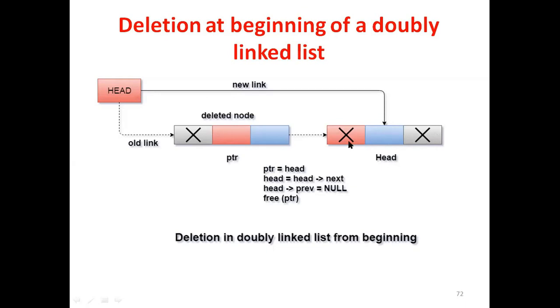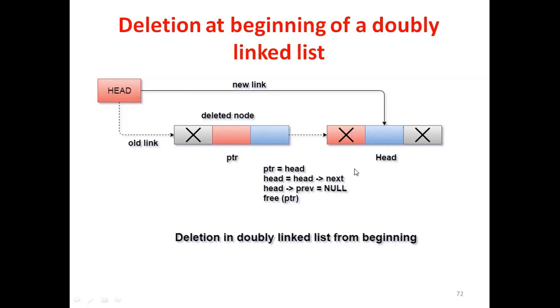Okay, you can see here ptr equals to head we are doing here because we are assigning the first node address to this ptr, so that we will free this memory. So ptr equals to head because head contains first node's address, this node's address we are assigning to ptr. Now this head should point to this node, so head equals to head arrow next. Okay, now head arrow next means what, this node's address. Okay, so that we are assigning here, so head equals to head arrow next,